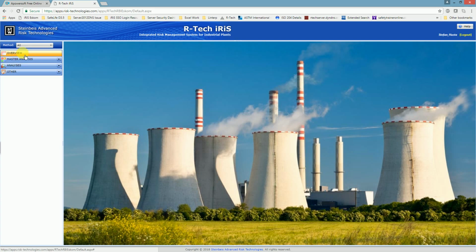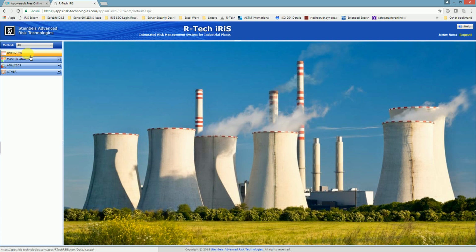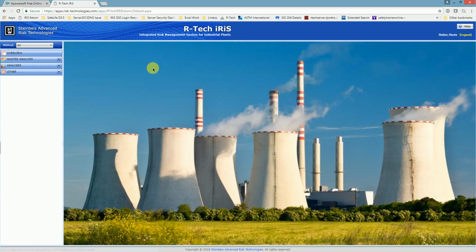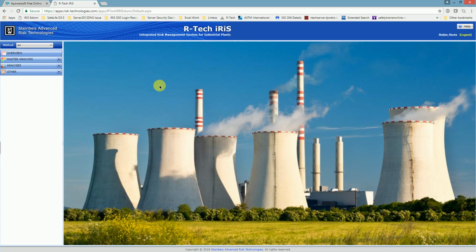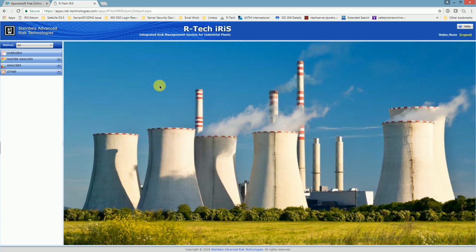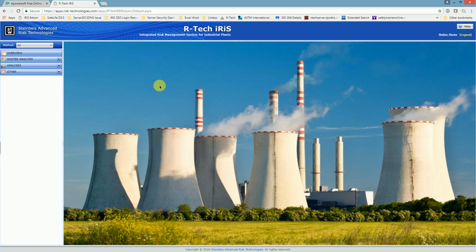So just quickly to go over the items here, we have the overview again, which can basically provide an overview of the whole client's assets, which are loaded into the database of this tool, which are then logically structured according to the organization, the different plants, and plants are split into their different units and subunits. So whenever I say a process unit or a subunit, this can refer to, for example, in our case, a power station, and then a process unit of a power station is actually the unit, like unit 2, 3, or 4, and then